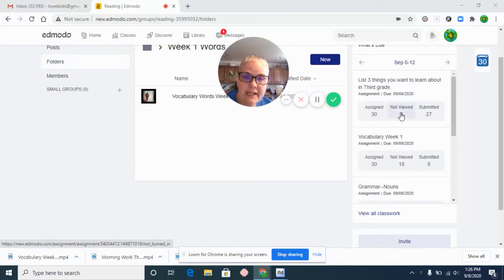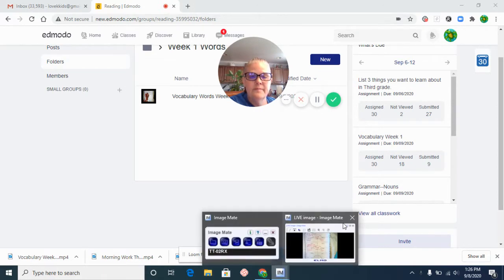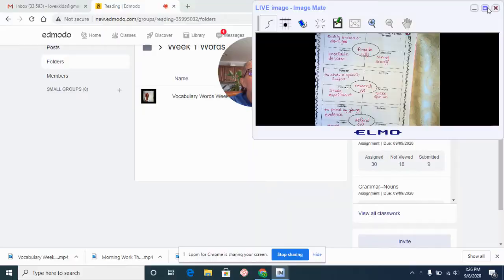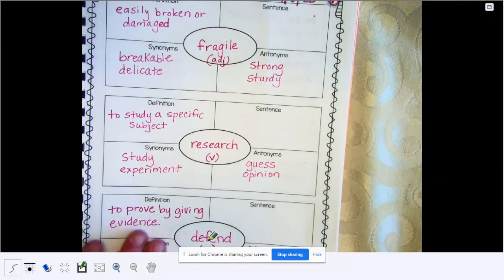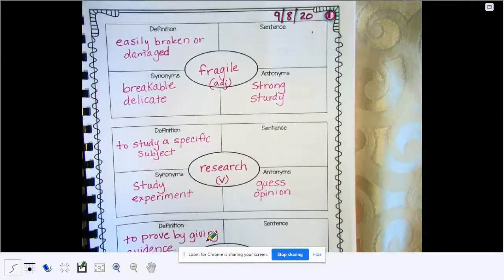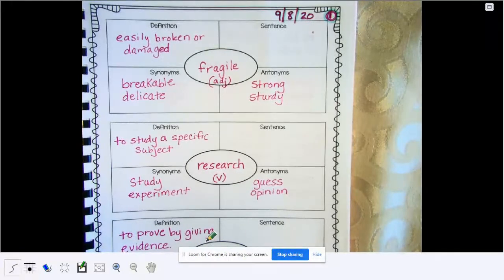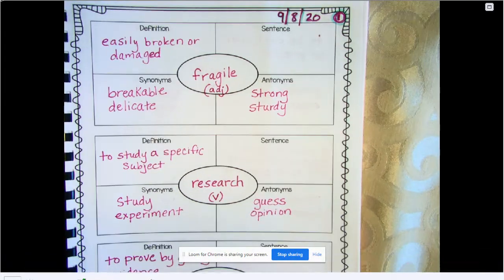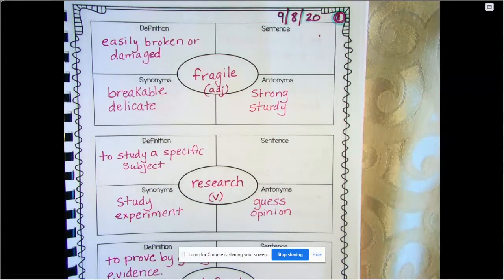It's our third day doing our vocabulary, so we're going to add sentences to the words we've been working with this week. So let's go over to our camera so we can work on that together. All right. So the best way that we could do this is if we were in class together and we could help make some sentences together. But since we're not, I'm going to go ahead and use some of the sentences that I've